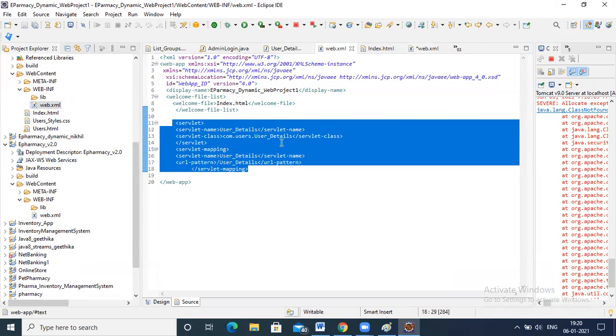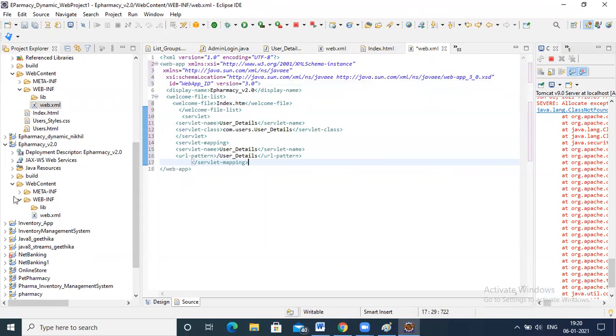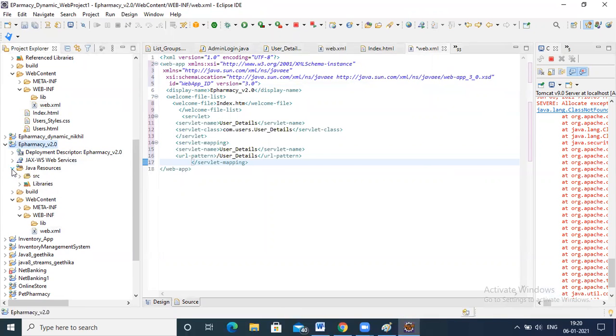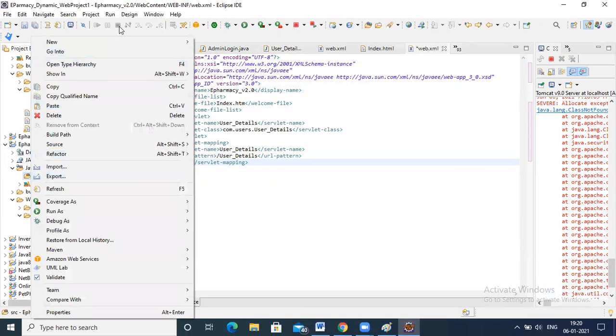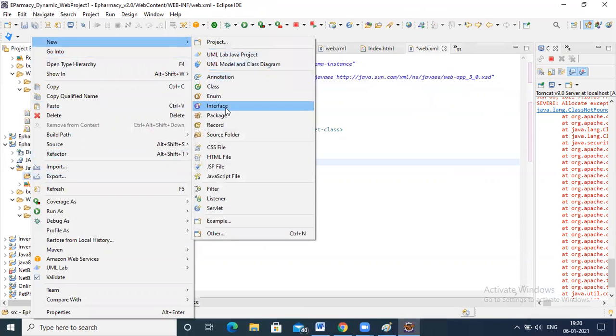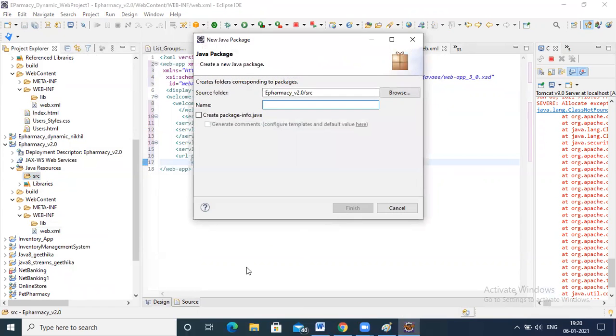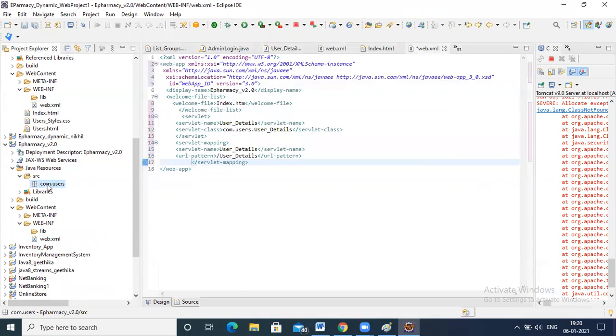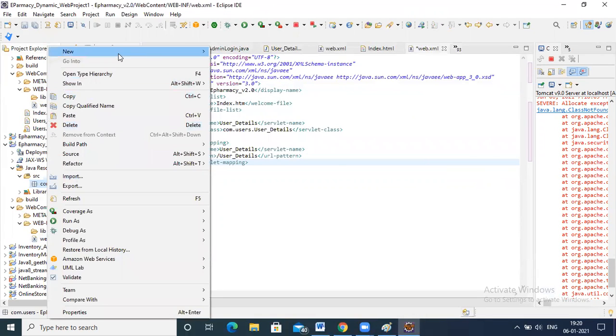I'll copy the same application, Control C, Control V. Okay, so this is the package. So under Java resources, we have to create a new package, com.users. New package, com.users, finish. So inside this package, let us create a new servlet,